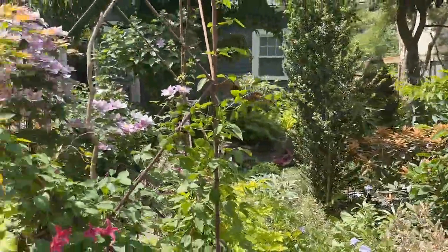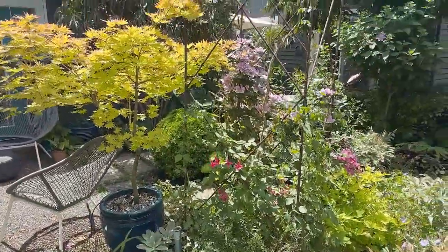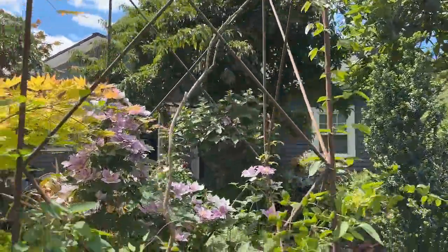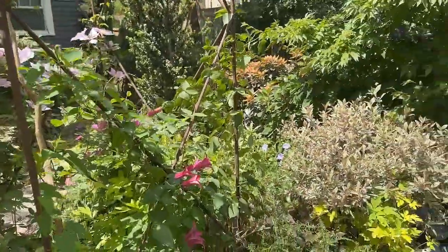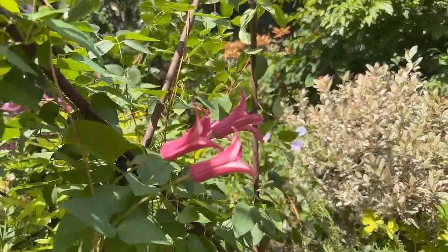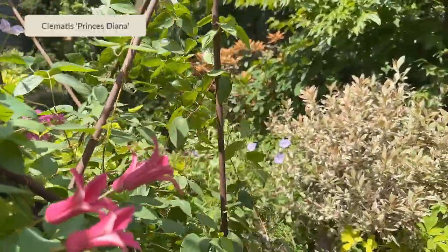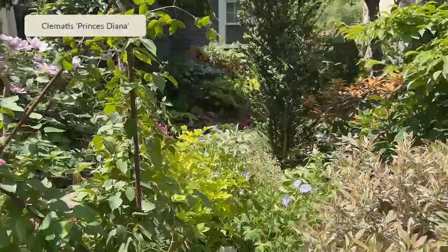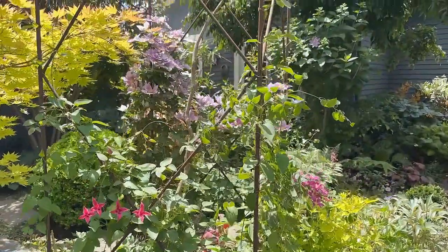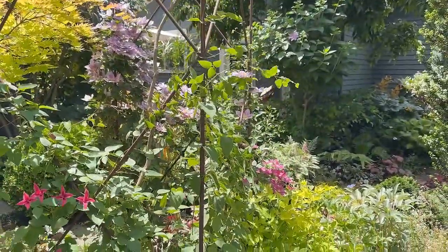So what I did is I had a structure, see it there, used in a different part of my garden. And so I decided to move that here to the center and cover it with vines. What's going to happen is I get to view it from all sides and grow vines that I get to enjoy. So this one I believe is Princess Diana. She was just planted this year. Right in here where it's just green foliage, that was my first one to bloom on this structure, and it was Guernsey Cream. Now it's done its bloom. So we started with Guernsey Cream,